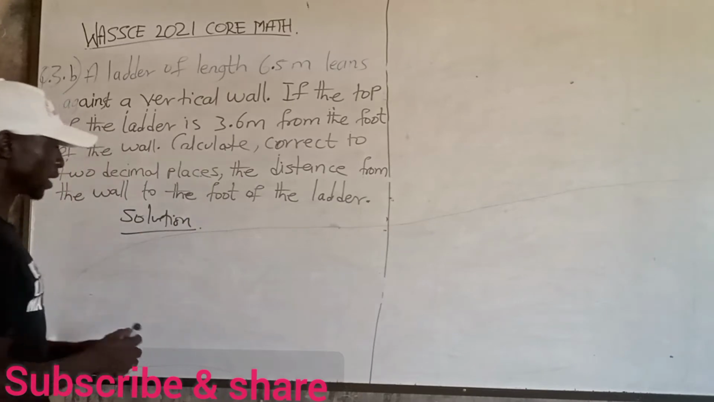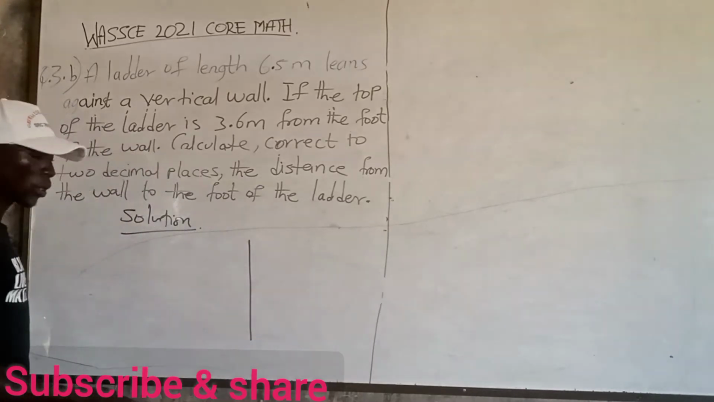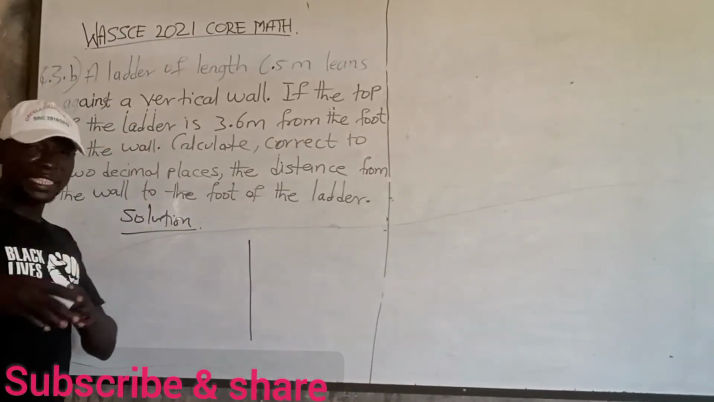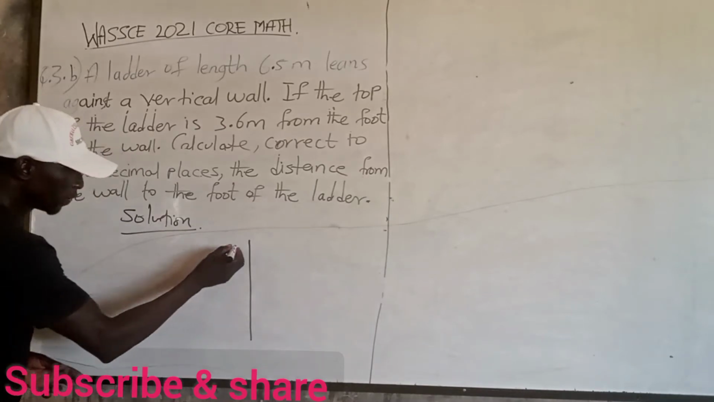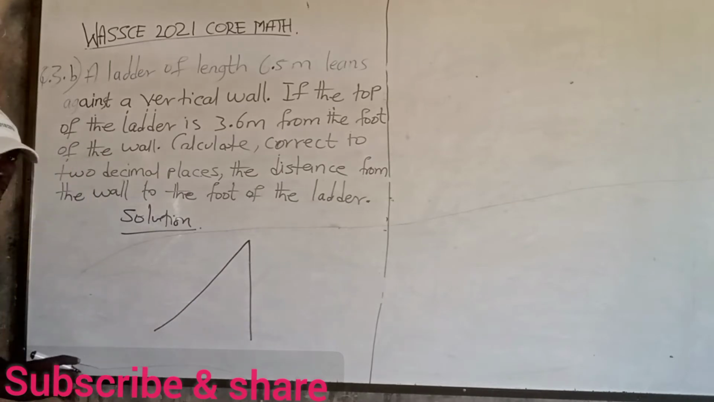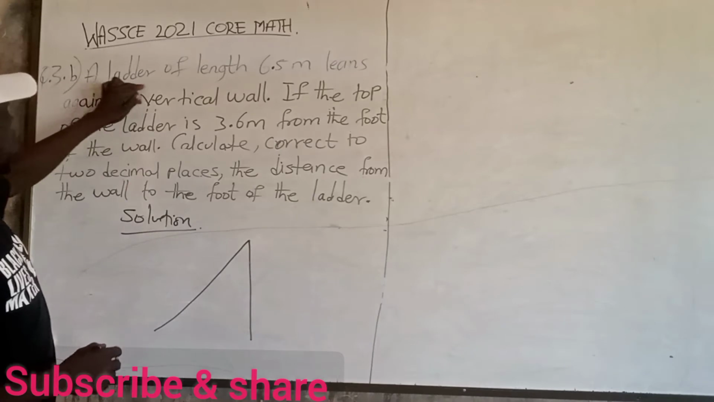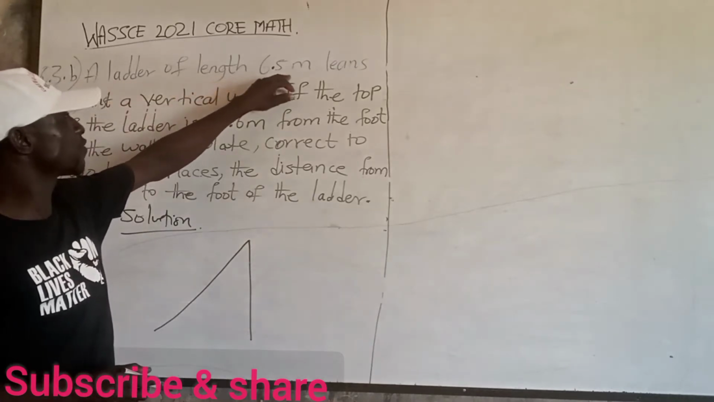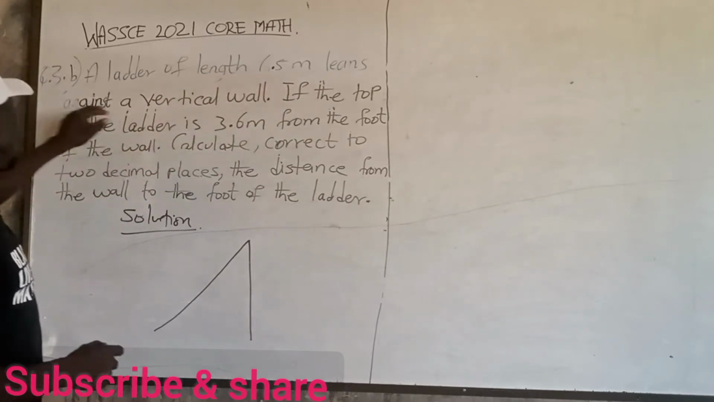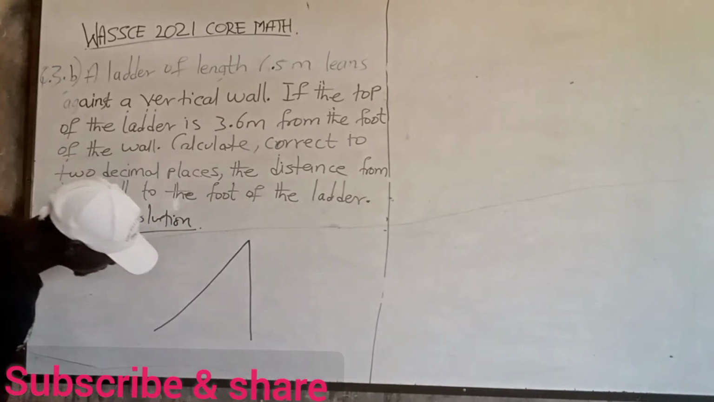So let's do this. Let's draw the wall first. We have the wall. Let's assume this is our wall, and the ladder is leaning against the wall. So definitely we have the ladder this way, and it says a ladder of length 6.5 meters lays against a vertical wall. So the ladder is 6.5